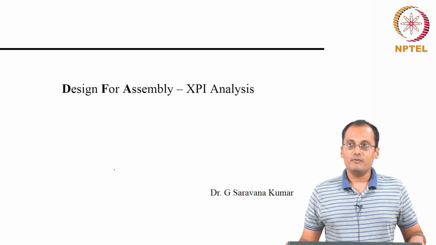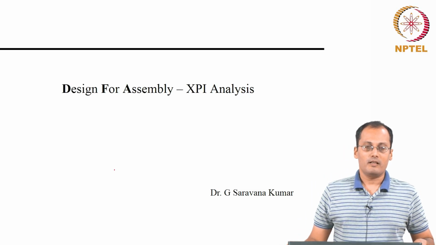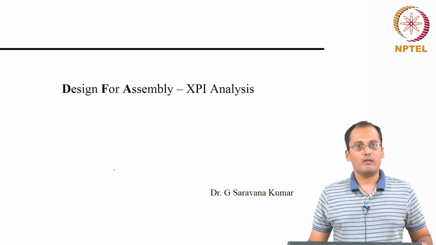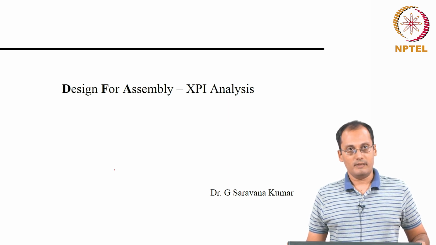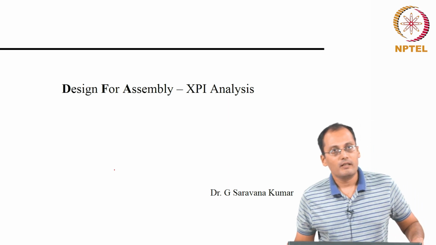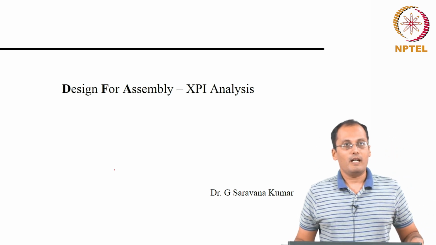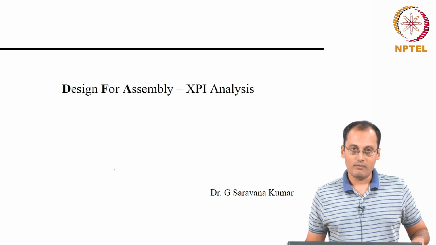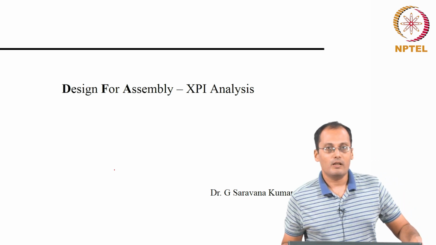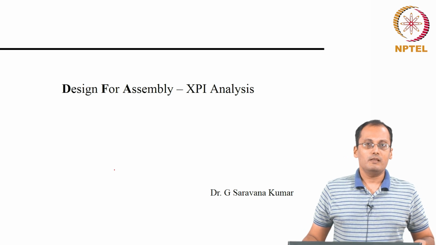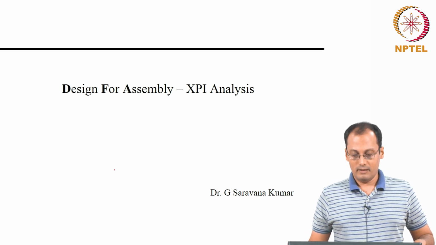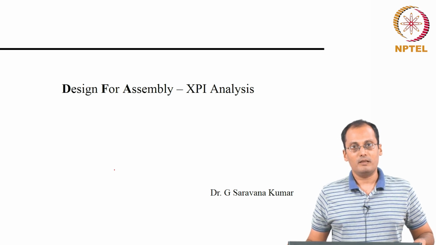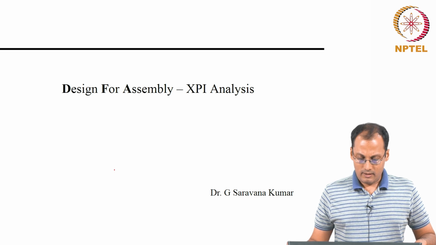So, as part of this course on design for quality manufacturing and assembly, today we will see a method of analyzing the assembly difficulty. When we design, we have to consider the constraints coming from the manufacturing, and we do the DFM, and once these components are fabricated, they need to be assembled to create, let us say, a sub assembly or the final product.